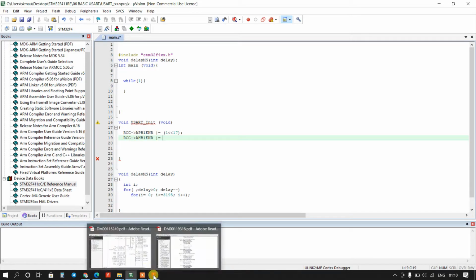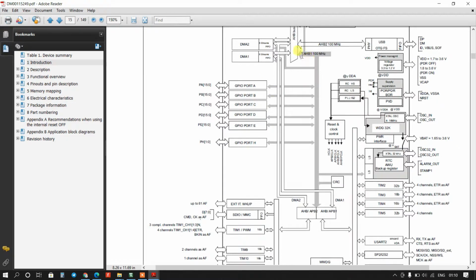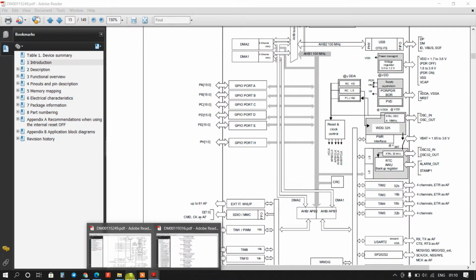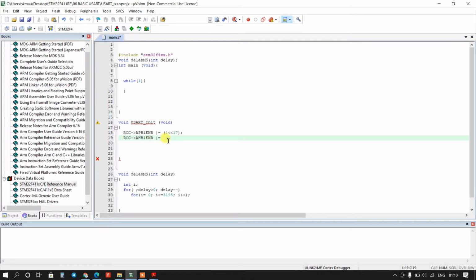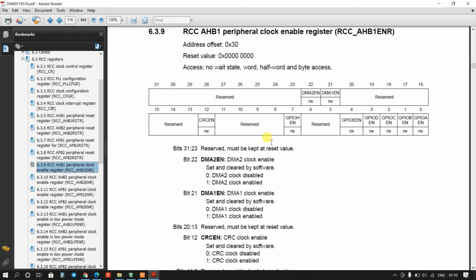Let me check once again. Port A is connected to AHB1, so we have to access AHB1 to enable the port A clock. So we will see the AHB1 clock. This is the AHB1 enable register.